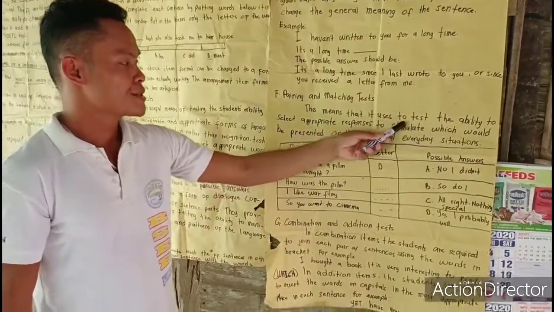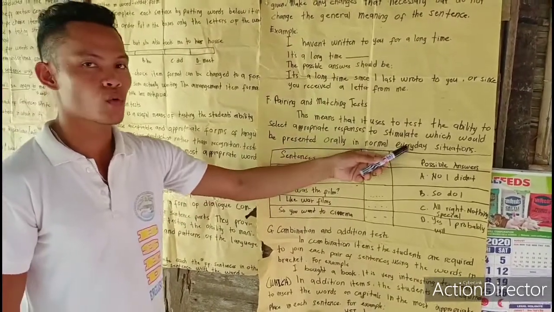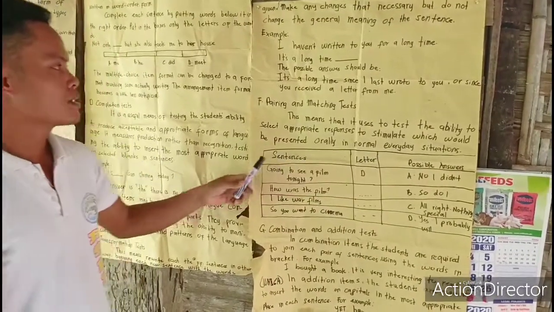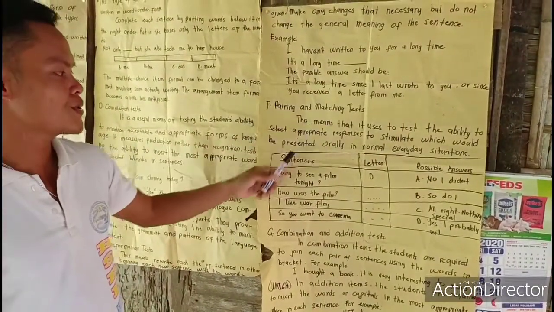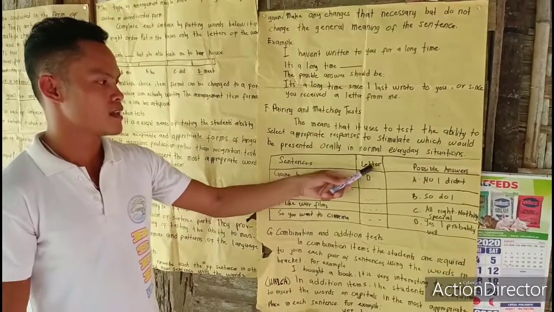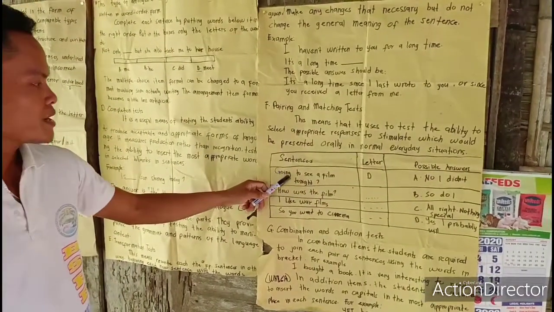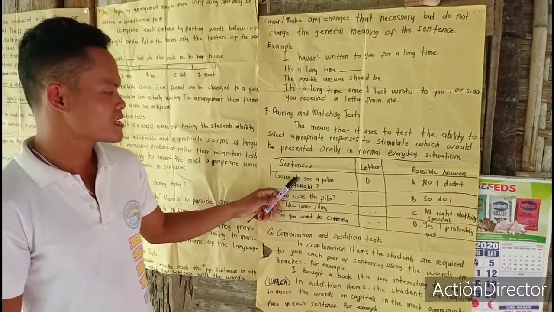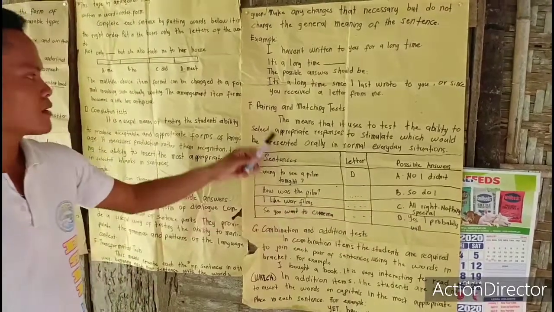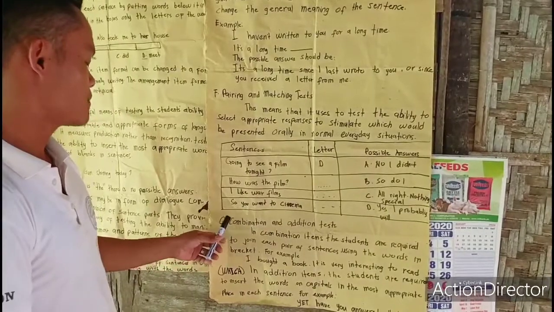This is used to test the ability to select appropriate responses to stimuli which would be presented orally in normal everyday situations. Since it is a pairing and matching test, you have to divide it into three: sentences, letters, and the possible answers. For example, 1. Are you going to a film tonight? So the possible answer here is letter B. Yes, I probably will. So that is a pairing and matching test. So let's move on to the last type of